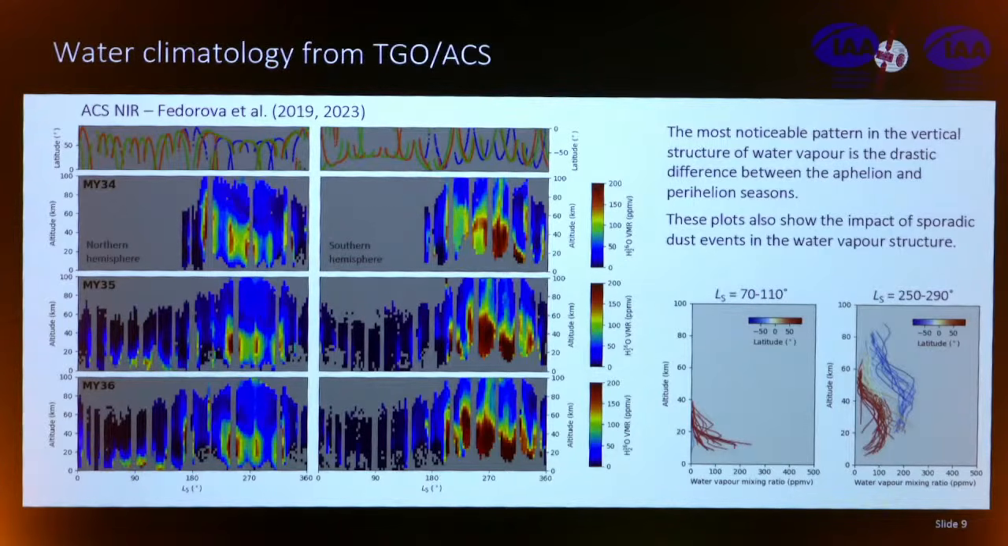And what is striking in this plot is that you see that there is a strong dichotomy between the northern spring and summer and the southern spring and summer, where actually water